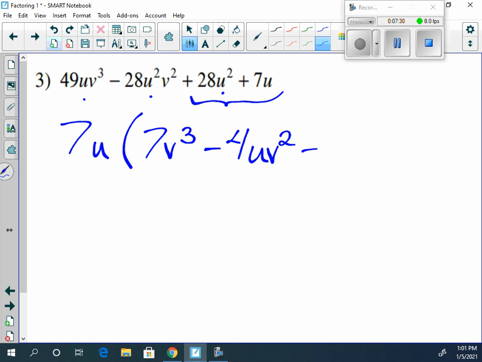Now the third one, we're going to have plus. Well, 28 divided by 7 would give us 4. If I pull 1u out of 2, I'm left with 1. Any questions on this so far? Now, what would the last one be? Plus what? So factor out of 7, or 7 divided by 7 would be? U factor out of u would be